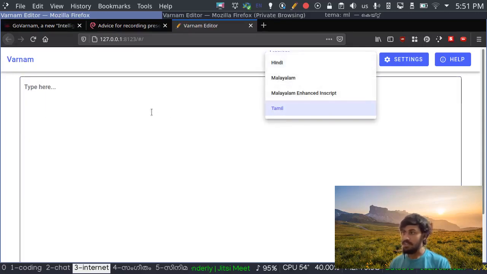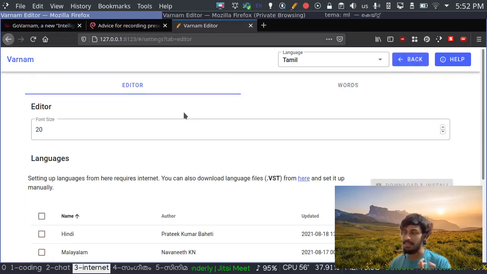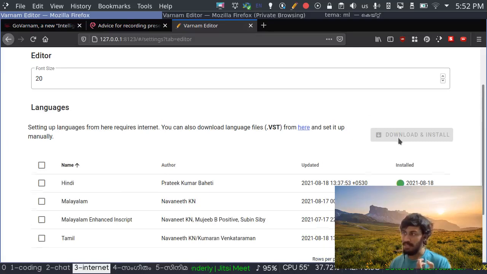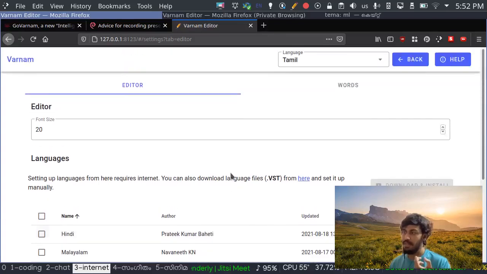And you can change languages just like that from here. This is a local desktop application, and it's similar to what you saw in the previous one. There are only some slight differences; everything else is the same. You can download new languages from here in case there is no language available, and you can update schemes from there.